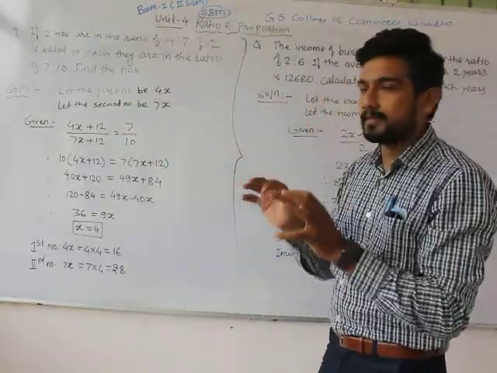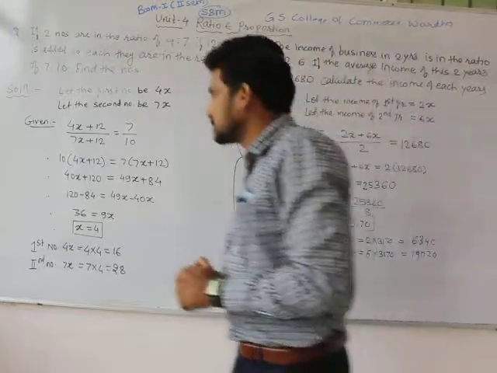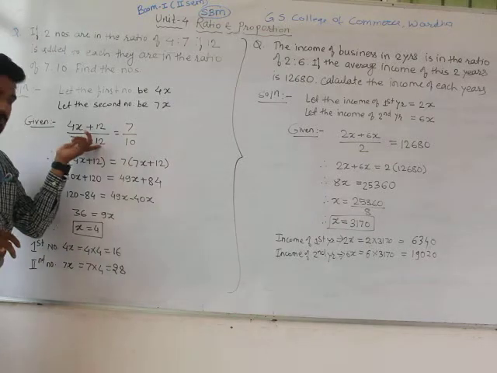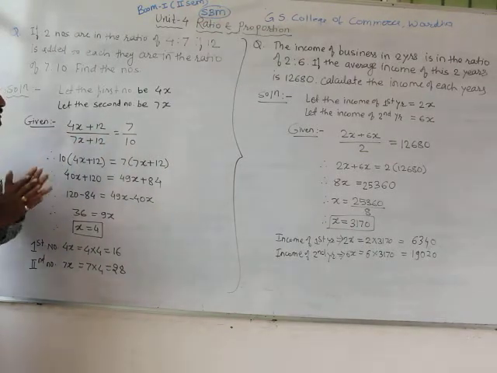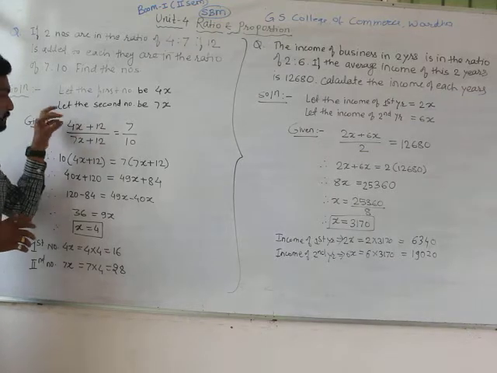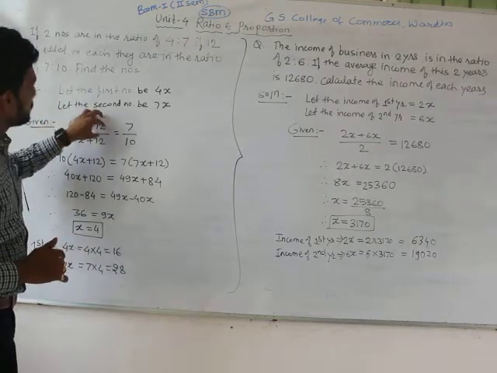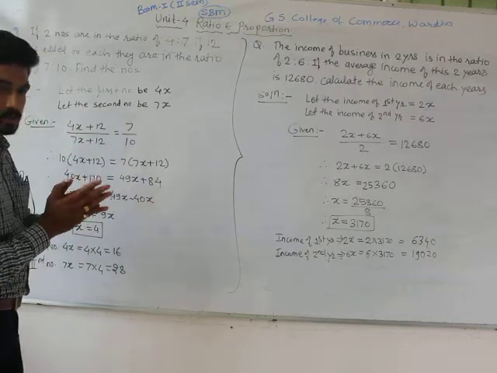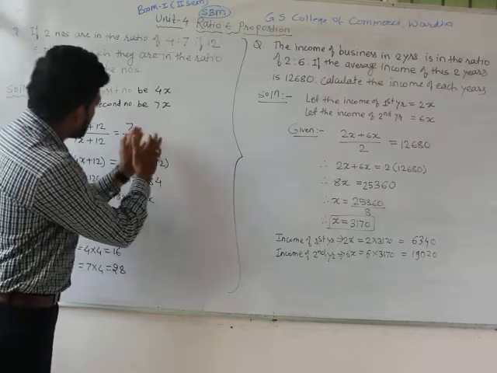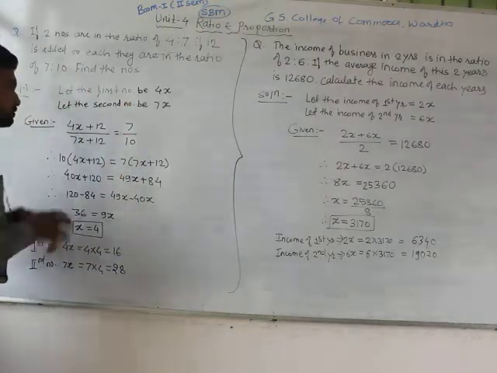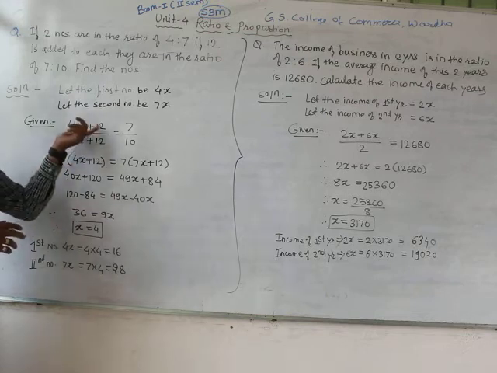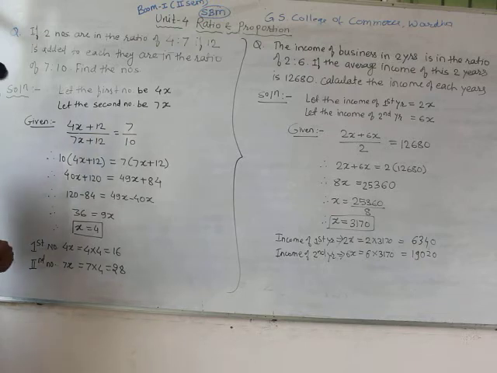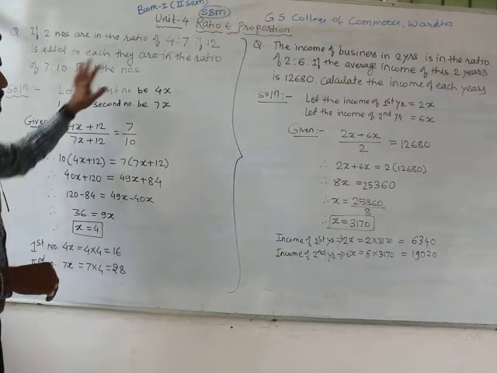We will put that in an equation, and the equation will be like this: (4x + 12) divided by (7x + 12). I will explain this part of the equation. 4x + 12 means this is your previous, original ratio, with 12 added to it, divided by 7x + 12, because it is given as a ratio, so we divide, and the resultant ratio will be 7:10. So the equation will get shaped like this: (4x + 12)/(7x + 12) = 7/10, or 7:10. This is the equation that we derived from the given problem.